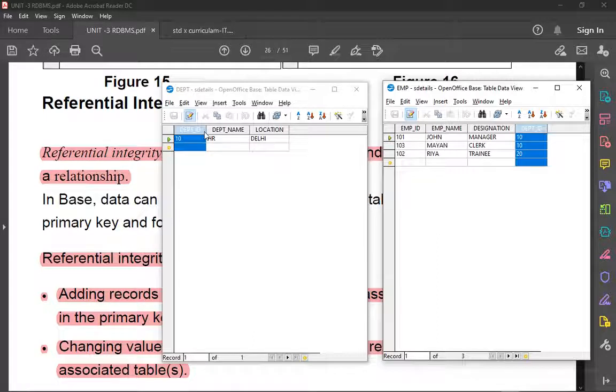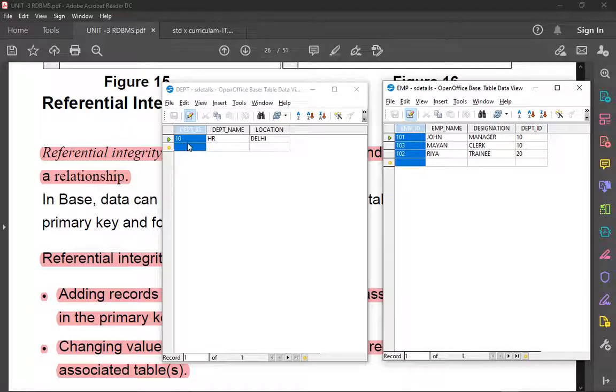So just look at it once again. The department ID is the primary key in this table, and it is also existing in another table, employee, but it is repeating, isn't it? Sometimes it may repeat, so we can't say that it is a unique value or a primary key. If you select a field as a primary key, the value given in the field should not repeat. Employee ID won't be repeating, so we are selecting employee ID as the primary key in this table.